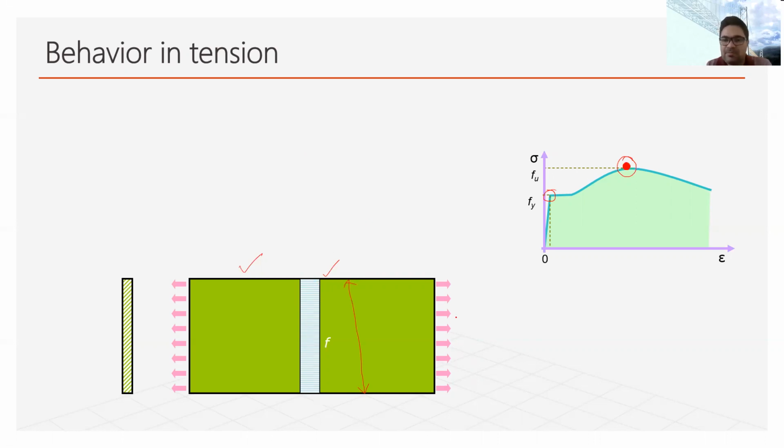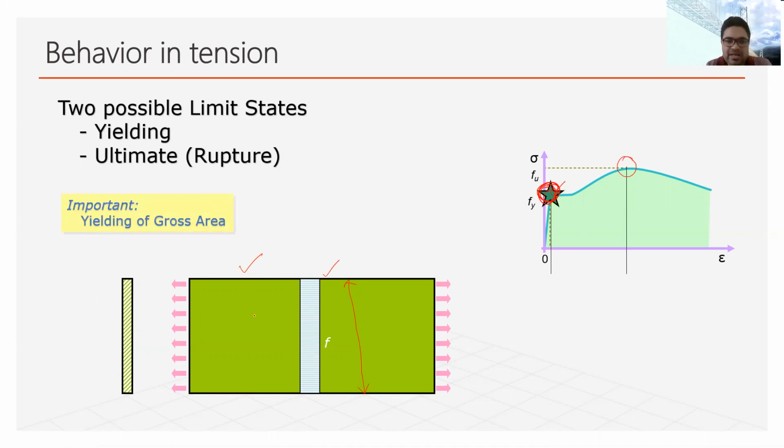So at the same time, when stress level reaches here, then we say that the whole section is under yielding. So beyond yielding, we do not consider the strength of this plate. So we consider the maximum strength of this plate up to this yield point. Up to this yield point, we consider only the strength. And that is why